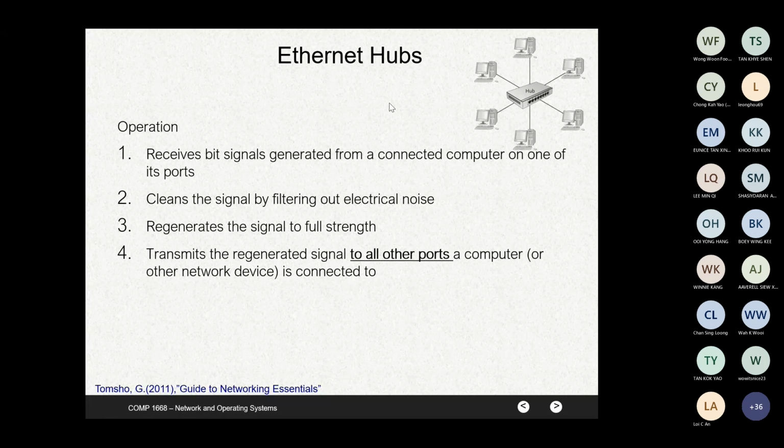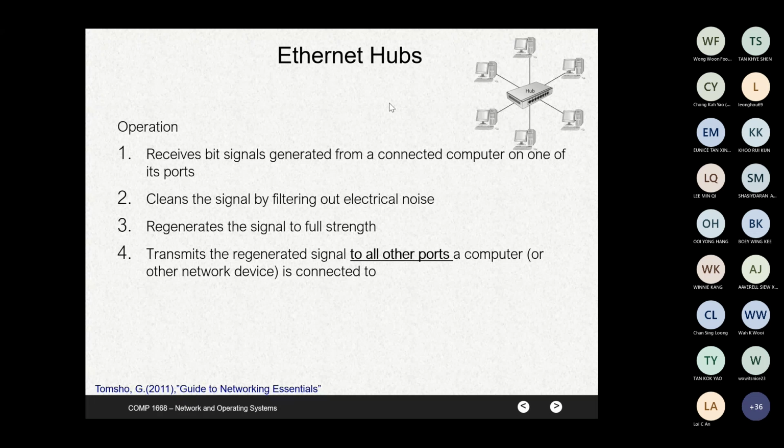Hey, I have a message. That's how a hub works. You see, you have 4 points here. Let's say you want to answer a question in the exam. If you explain clearly, point by point, you can easily get 8 marks, 2 or 3 marks for each point. You can easily collect 8 to 12 points. That's how the question papers will be set. They will set one question and give you 15 marks. So how to get 15 marks? This is how you answer.